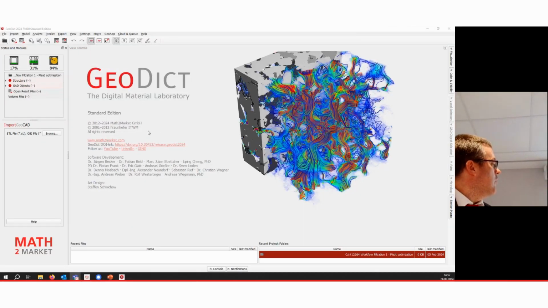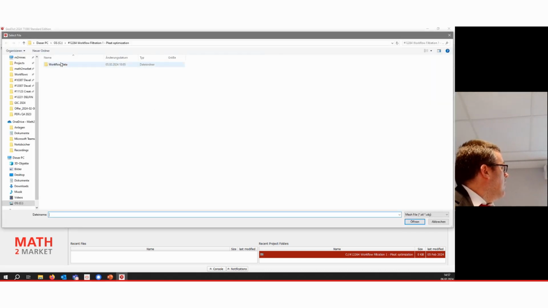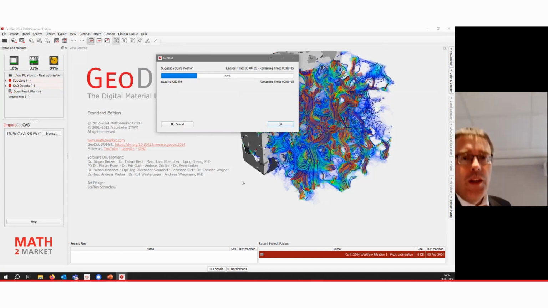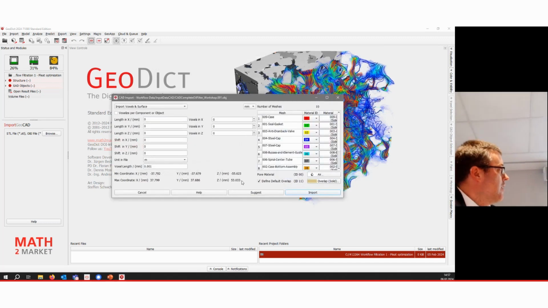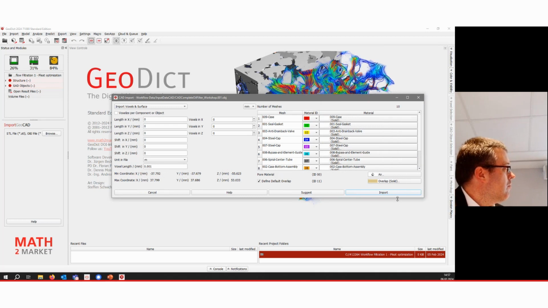Let's go to GeoDict. So I can browse here again to the workflow data and import my CAD. As I've described earlier, we can see here our 10 materials.